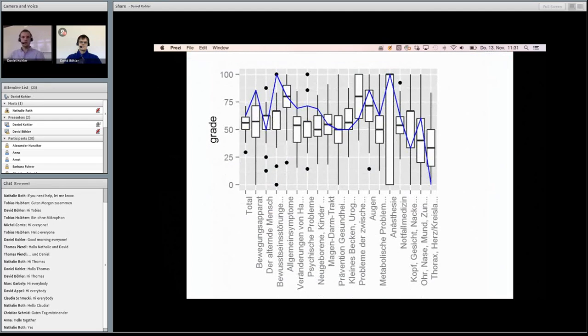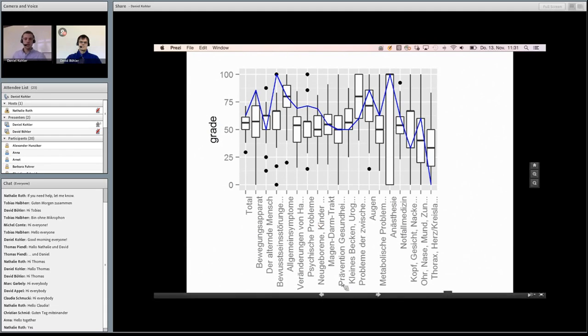Okay, this is also statistical information for one single student. You get here the overall performance grouped by the topics we had in the examination. The overall performance is displayed in the form of Tukey plots, and the blue line here is the actual performance of the individual student.